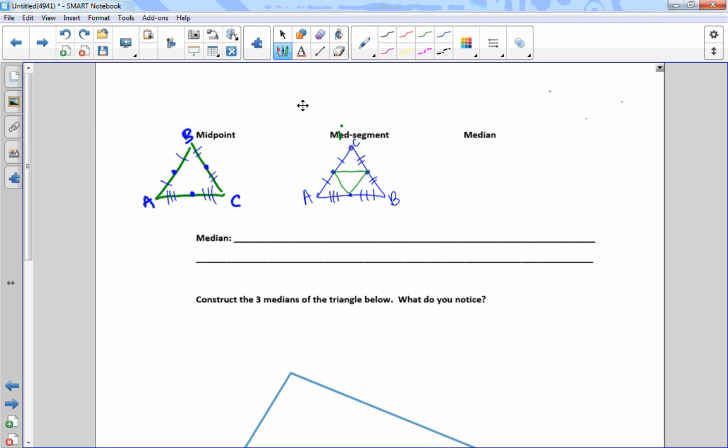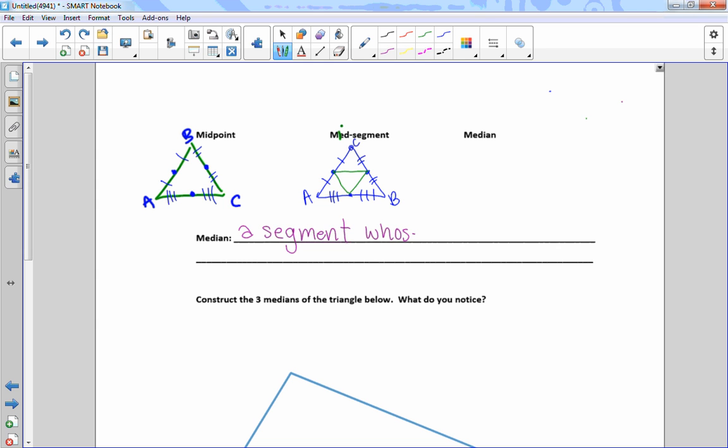Yep, your data is lined up in order, smallest to greatest, and it's the middle one. You work your way in. It's the middle one. When you drive down the road, the cement barrier in the middle of the road is called a median. It's in the middle of the road. Okay? So a median in geometry is a segment